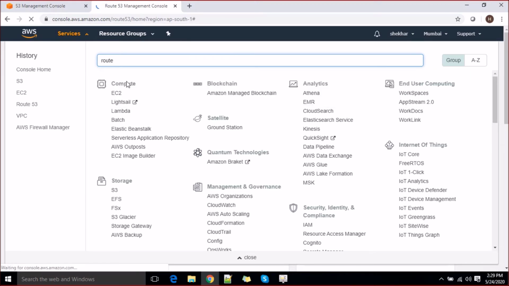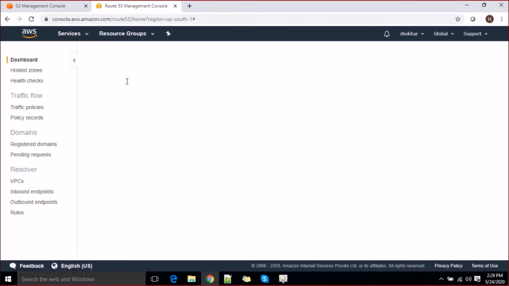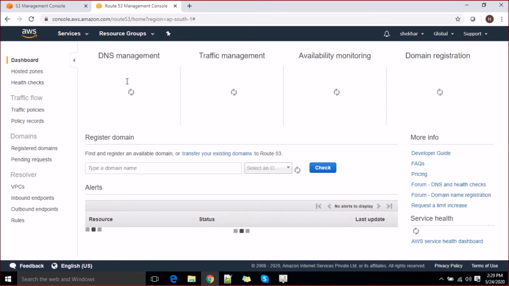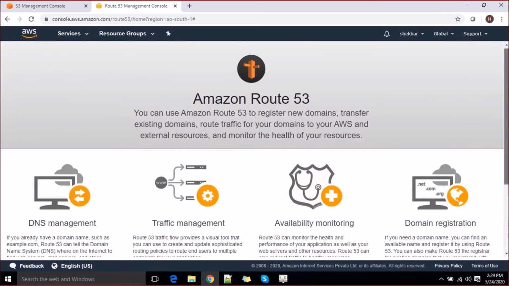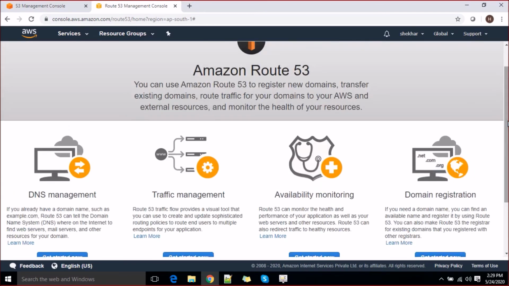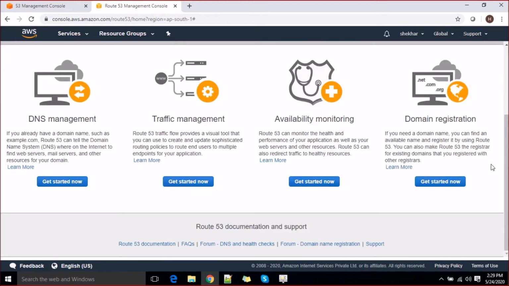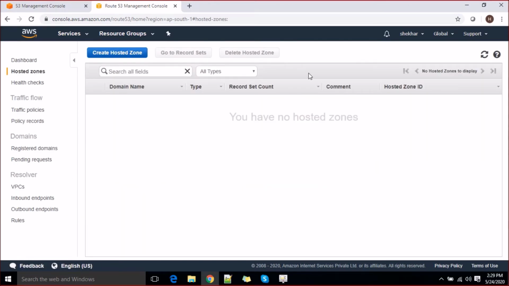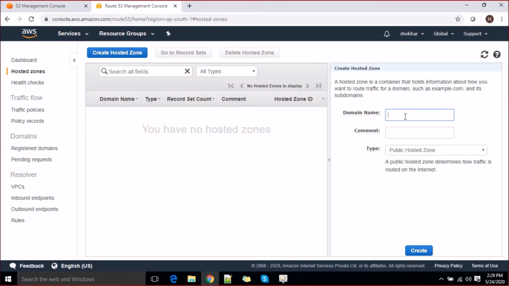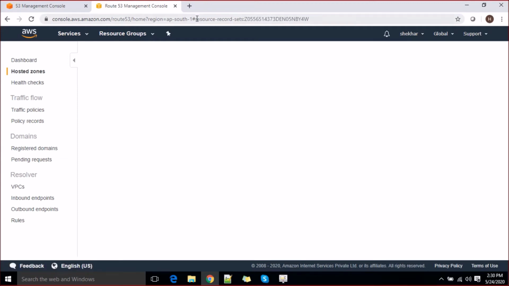I have already explained what is Route 53. This is basically the domain naming service of Amazon AWS, which can help you to host existing domains, as well as you can buy domains from here, which helps in translating your domain names. So let's go to the DNS management section and create one hosted zone. My domain name is scienhub.co. I'm not going to add any comment, so go ahead and create this here.